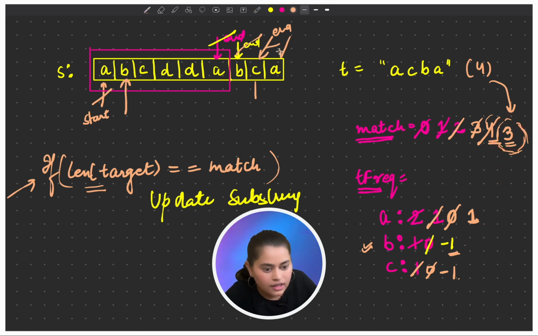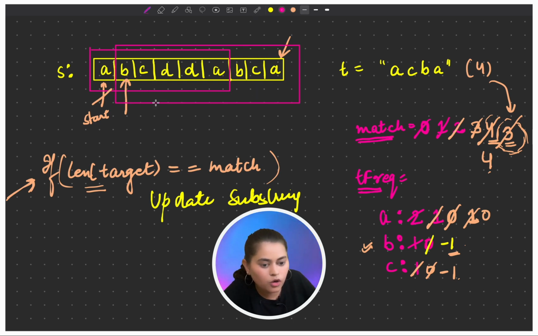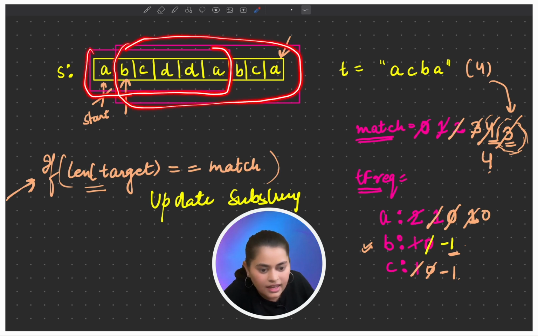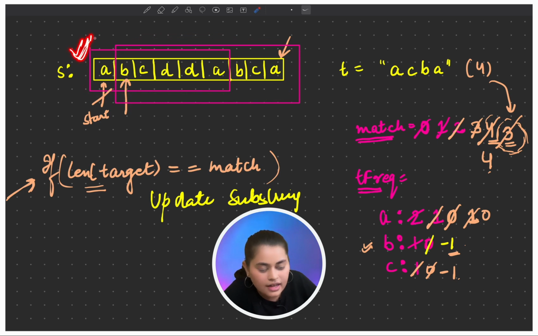Fine. Let's move ahead. Now we got A. When we got A, we'll come to this T frequency. If it is present, we'll decrement the count. And it is saying that now we have all the occurrences of A as required, right? So we'll increment the match character. When it became 4, 4 is equal to 4. That means we got one more window. But since the length of this window is greater than the length of the previous window, this has 8 characters and this has 6 characters, we'll consider the previous one as our resultant string.